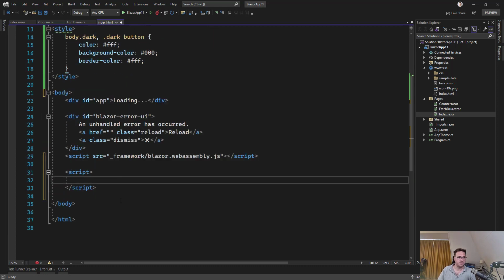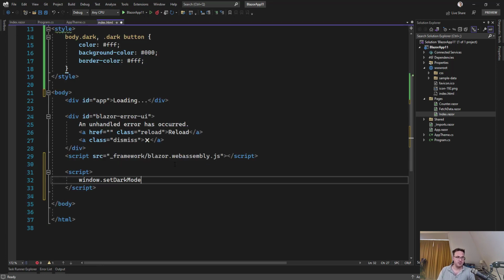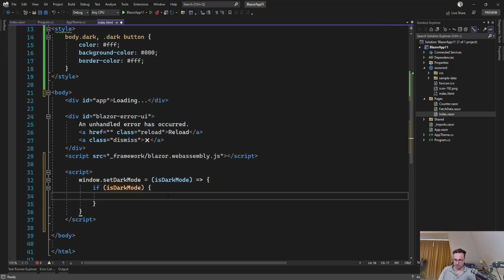So the first thing we want to do is actually have a function. We'll call the function setDarkMode. And also note that this function needs to have the exact same name, with the casing, as the one we're calling and defined from the AppTheme CS file. So what this will do is accept an isDarkMode parameter. And if it is dark mode, we want to add that class to the body, right? So we do this by going